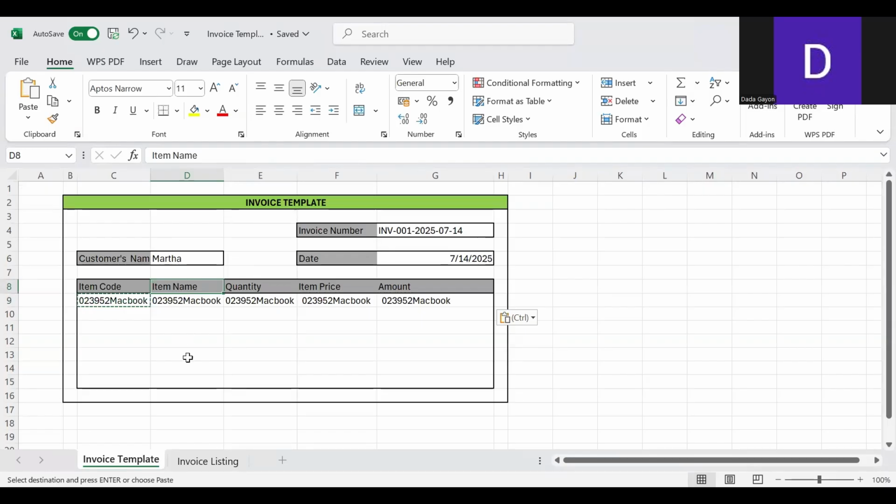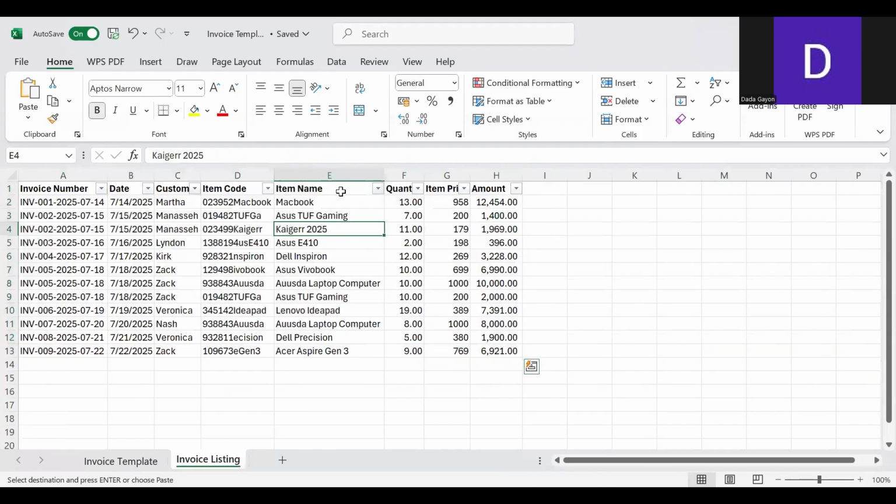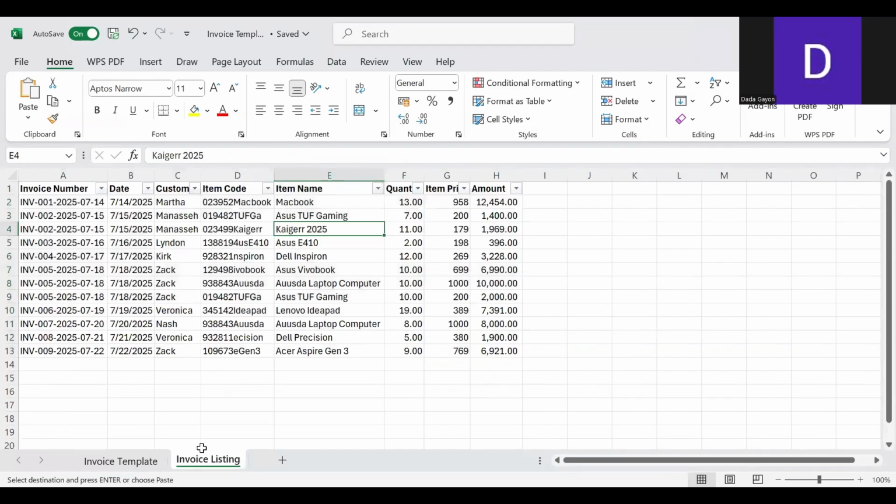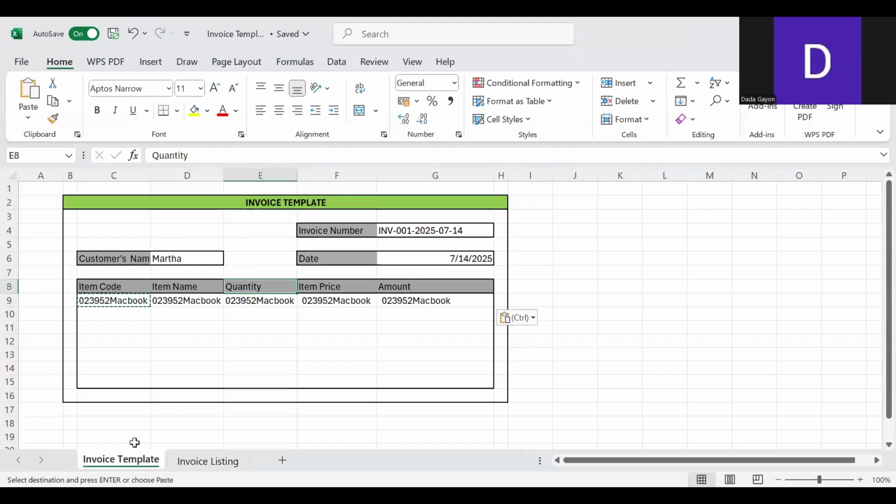Since this item name is in column E, while quantity is in column F, and so on and so forth, we are going to update the formula.